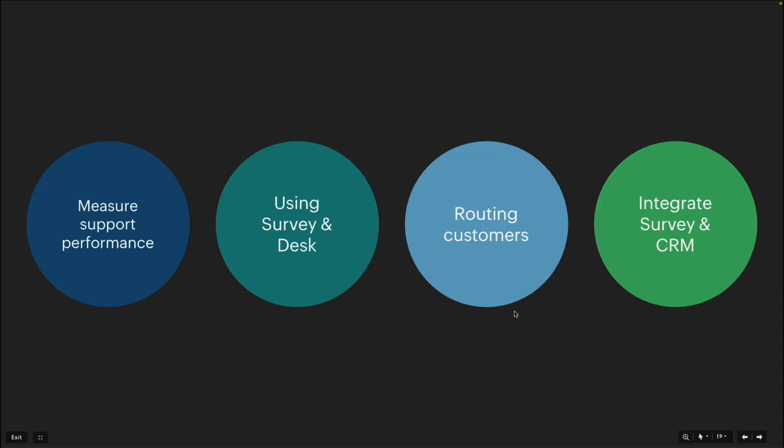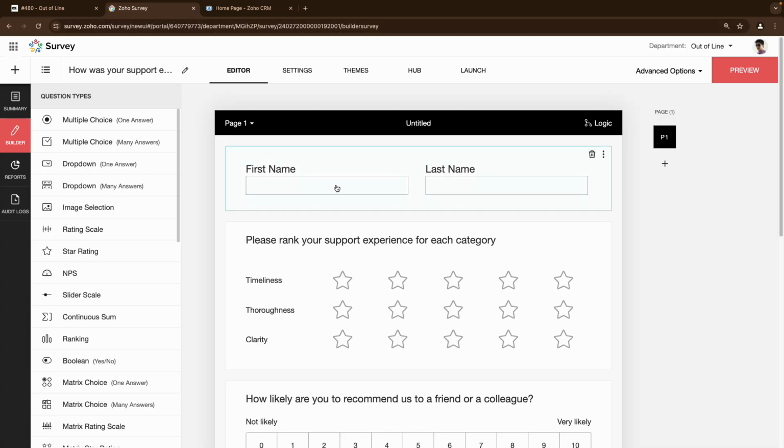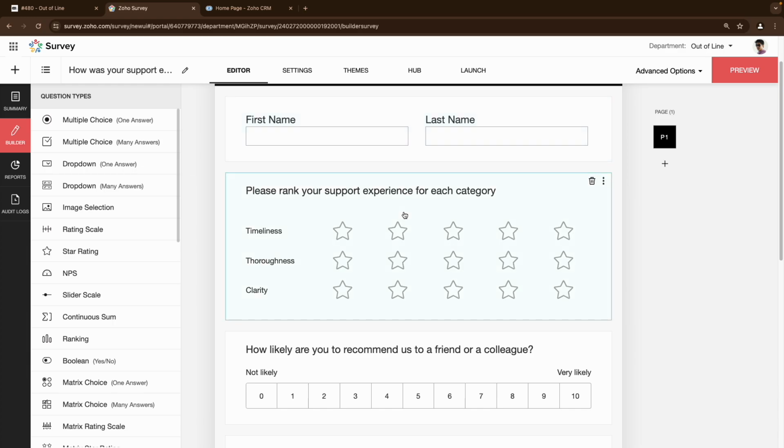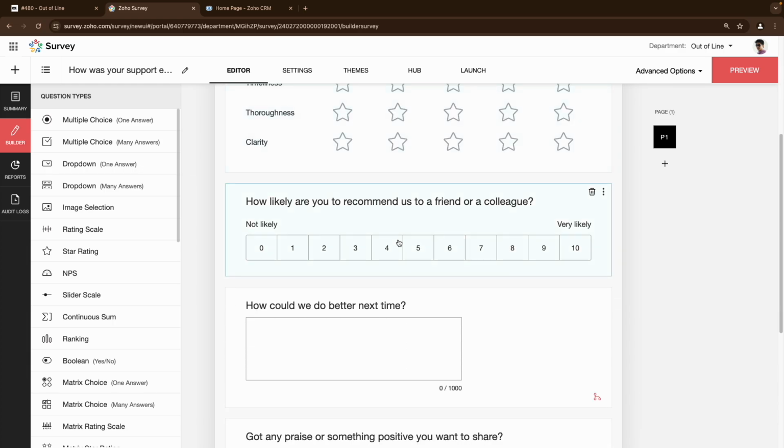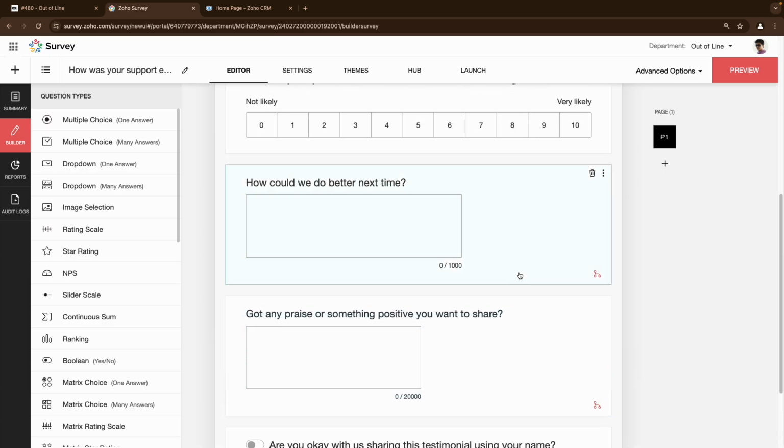Okay, so we've covered measuring support performance, covered using Survey and Desk together. Now let's take a look at routing customers. So if I open up Zoho Survey here, this is what it looks like. There's a survey builder. I just drag and drop on questions. It's pretty straightforward. But one of the things I want to show you is how do we show or hide